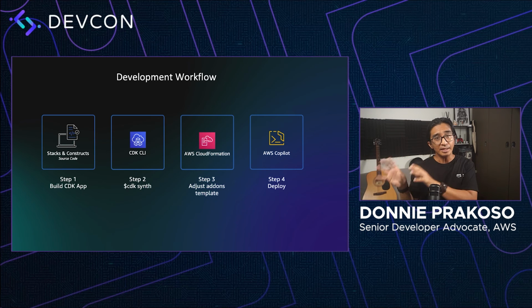Now, to add the CloudFormation template as one of the compatible templates for Copilot add-ons, we need to make some adjustments. What we need to do is to replace the parameters with the ones from the Copilot template, including application name, environment name, and service name as parameters. Then, as the resources, you can replace them with what CDK has generated for you. Now, once you have the template, the next step, as you probably have guessed, is to put that template into the add-ons folder in your Copilot service folder and run Copilot deploy. It will then create the resources for you.